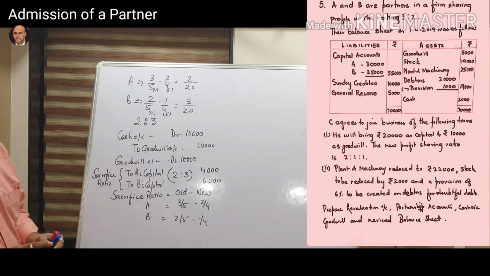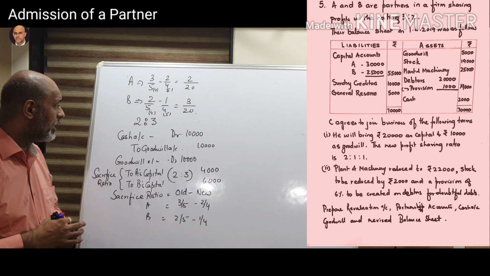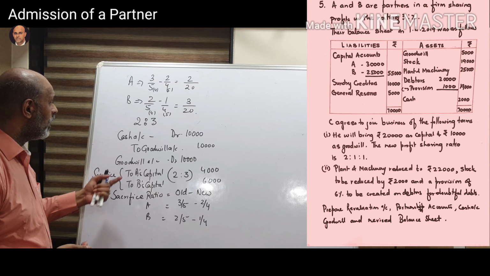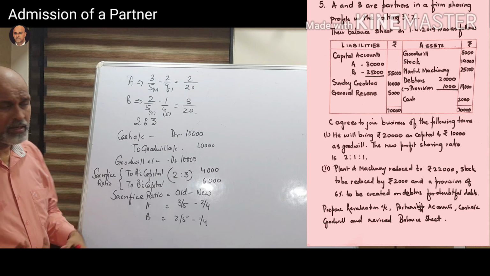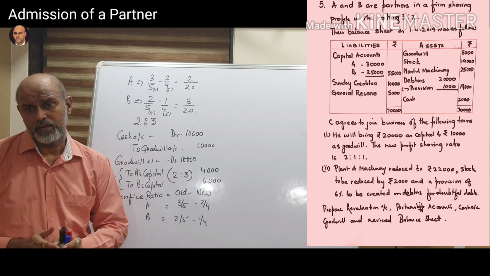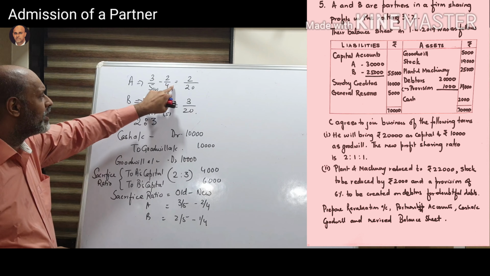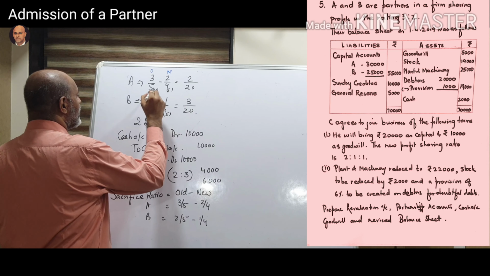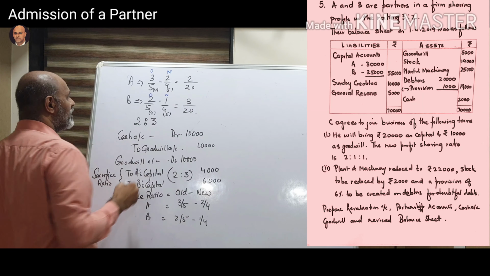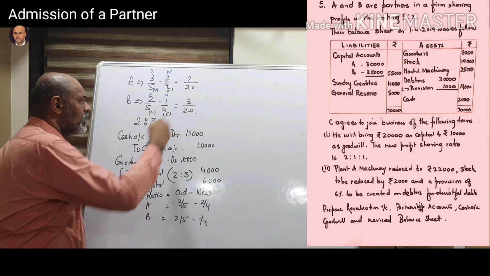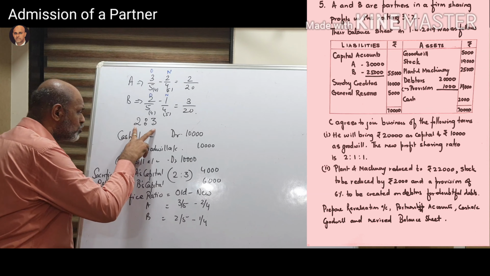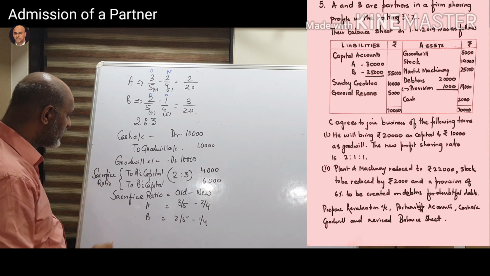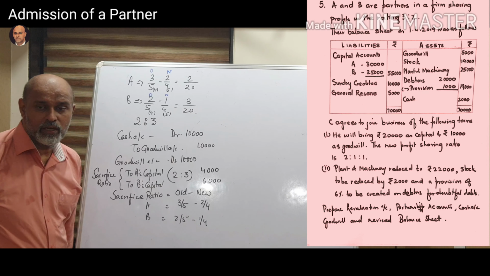ओके जैसे आप यहाँ पर देखोगे कि ए और बी का सैक्रिफाइस रेशियो हमको कैलकुलेट करना पड़ेगा और जब हम कैलकुलेट कर रहे हैं हमको फिगर 2:3 का आंसर मिल रहा है। सैक्रिफाइस रेशियो का फॉर्मूला है ओल्ड रेशियो माइनस न्यू रेशियो। ओल्ड रेशियो ए का 3/5 है, न्यू रेशियो 2/4 है। यहाँ पर B का जो है 2/5 है, जो नया रेशियो है 1/4 है। आपको ये आंसर मिल रहा है। You are getting this answer of 2/20 and 3/20. So the sacrifice ratio is 2:3. So we shall divide this 10,000 in the amount of 2:3. Okay, so that finishes off with the goodwill aspect.